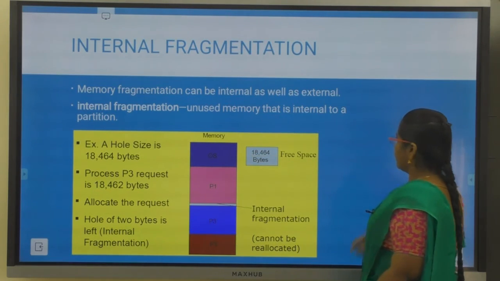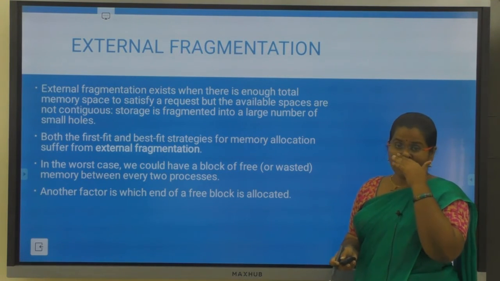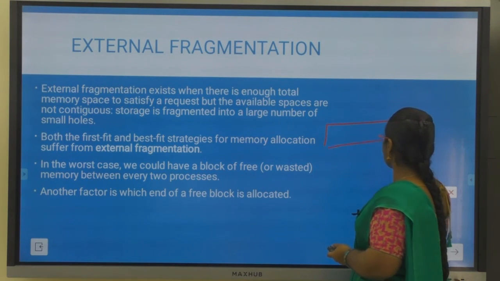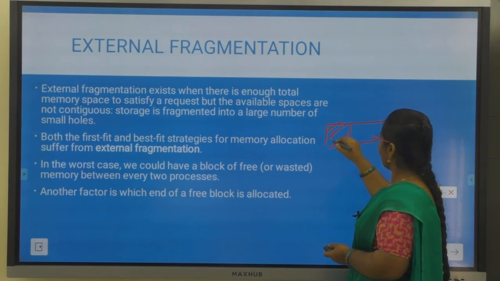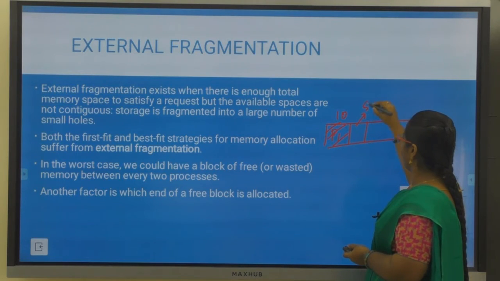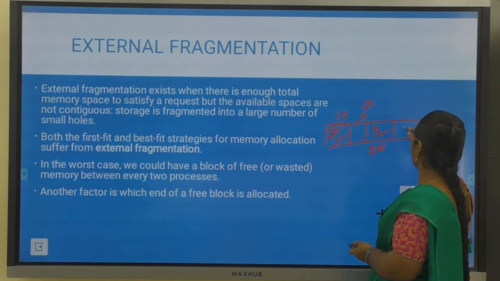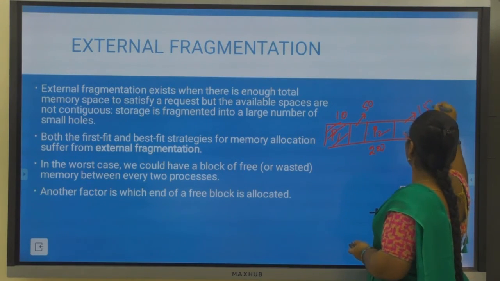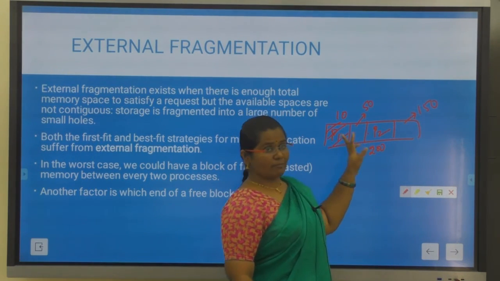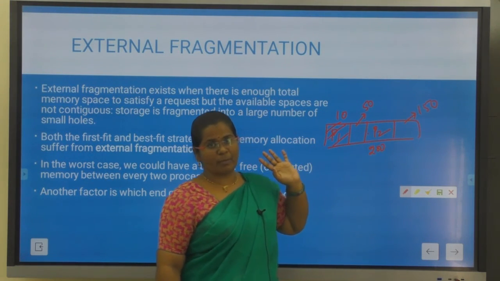Okay. So next we have external fragmentation. Let us go with an example for this. If I have my processes occupied like this, P1 of size 10 KB, here I have a free hole of size 50 KB, and P2 is occupied, this is of size 200 KB, and here I have a free slot of 150 KB. So if you consider the total memory, the total memory freely available here is 50 plus 150, 200 KB of free memory.